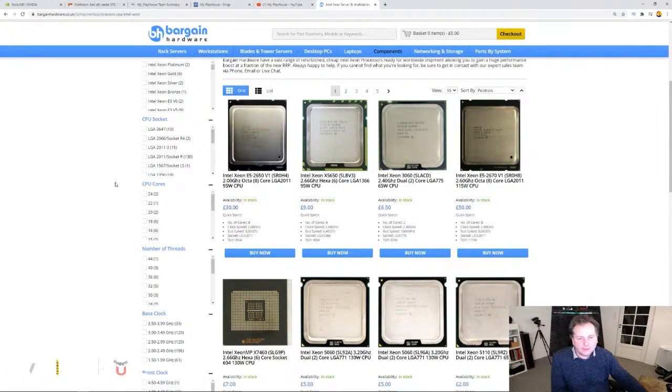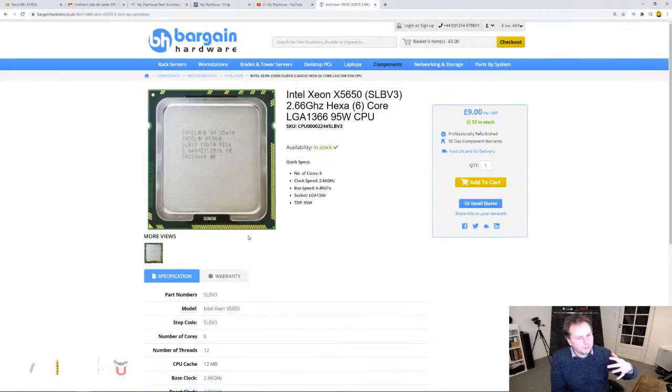Let's see, okay, that one. If I was to get this CPU, it costs £9. Let's just say the minimum thing here in Denmark is about 80 Danish kroner. So if it goes over 80 kroner, like 81 kroner, I would have to pay 160 kroner in import fees for them to do the work, and then I would have to pay some ridiculous amount in VAT import thing for this